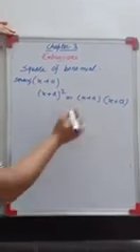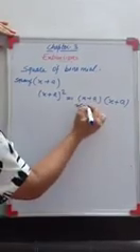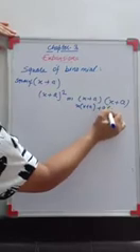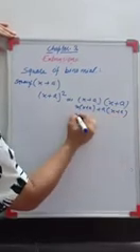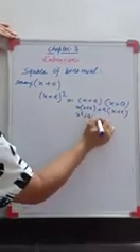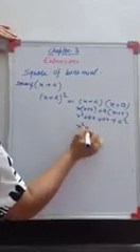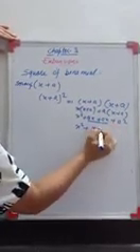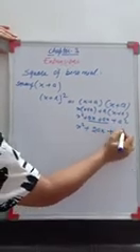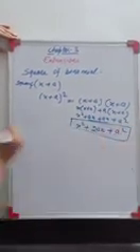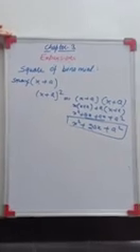So how will you solve that? Again we are having two methods. One is x into x plus a plus a into x plus a. So it will become x square plus ax plus ax plus a square. So x square plus ax plus ax, it will become x square plus 2ax plus a square. One method is this. Another, the same what you have taken.